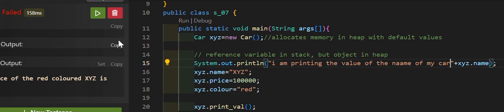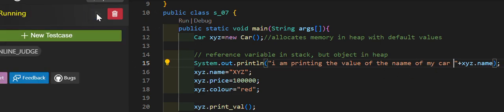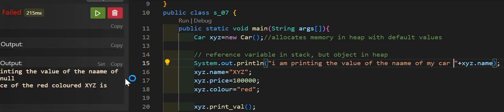Then give some space. Let's see. It should print null, and tell me if you can see here null is getting reflected. Actually that part of the screen is not visible, but never mind, you can get the idea, right? That this will show me null.